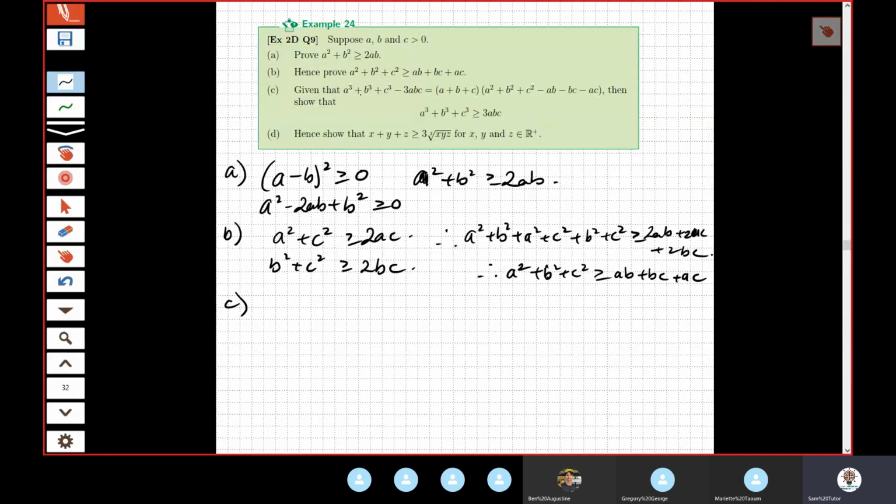Okay, given that a cubed plus b cubed plus c cubed minus 3abc is the same as a plus b plus c multiplied by a squared plus b squared plus c squared minus ab minus bc minus ac, which is greater than or equal to 0. Okay, cool. Then show this occurs. All right, I think